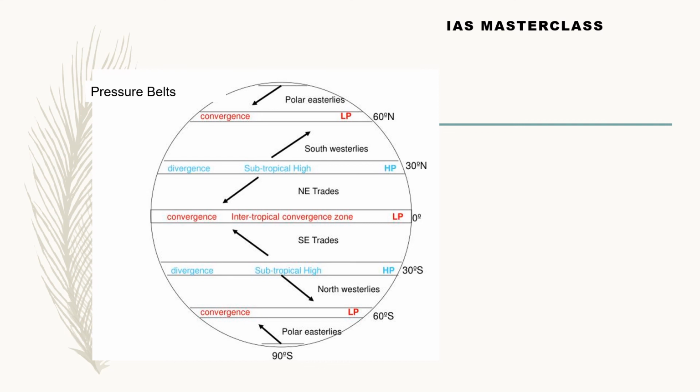It also induces air from the region around 65° latitude, both north and south. This air from the 65° north and south latitudes at the Earth's surface rises in order to descend in the polar region. Now that creates four pressure belts,